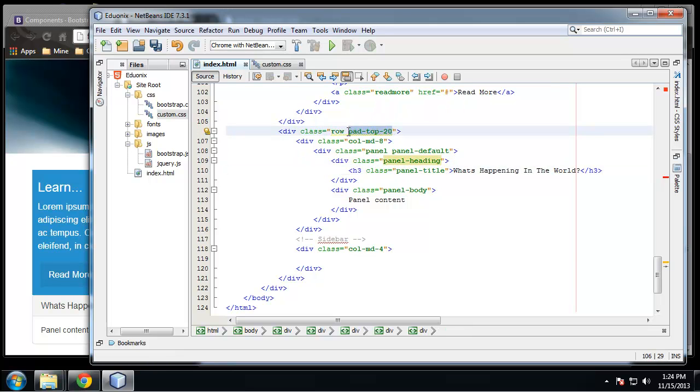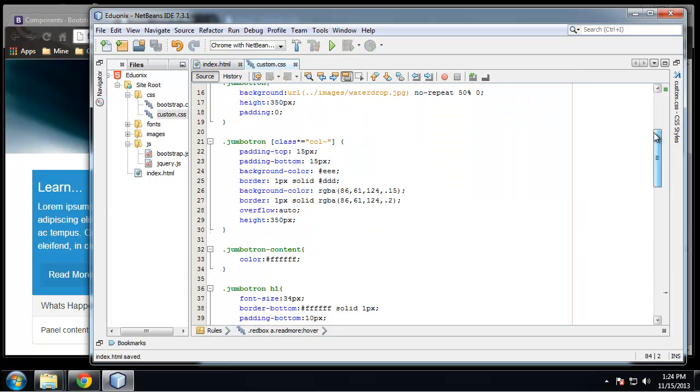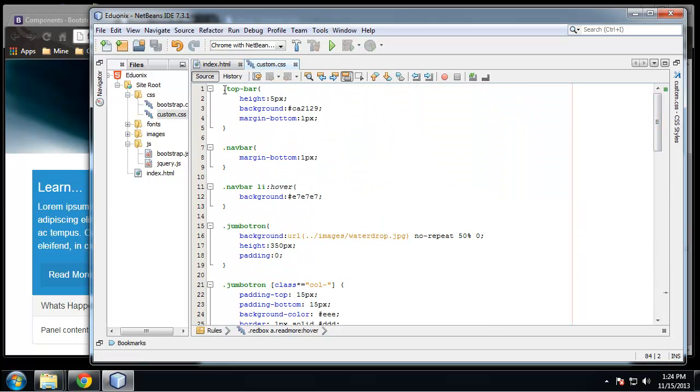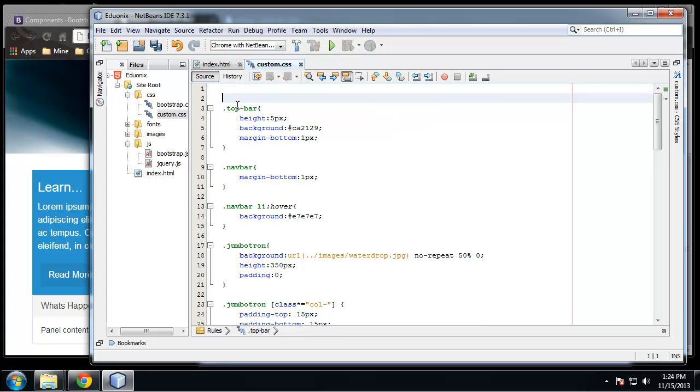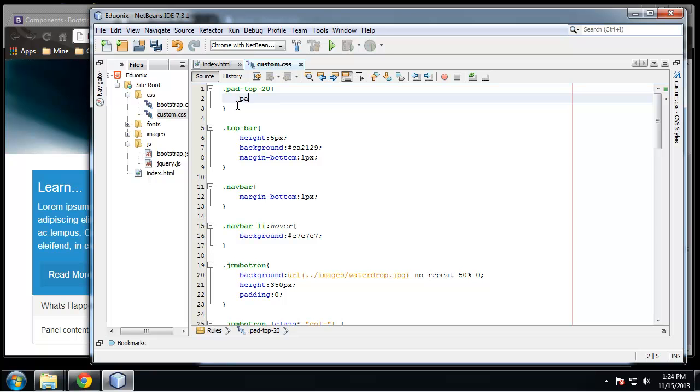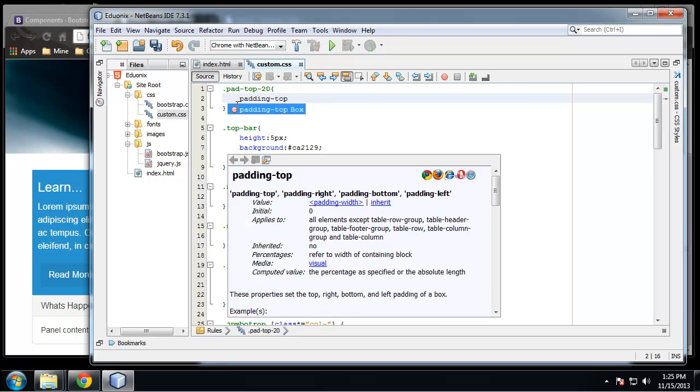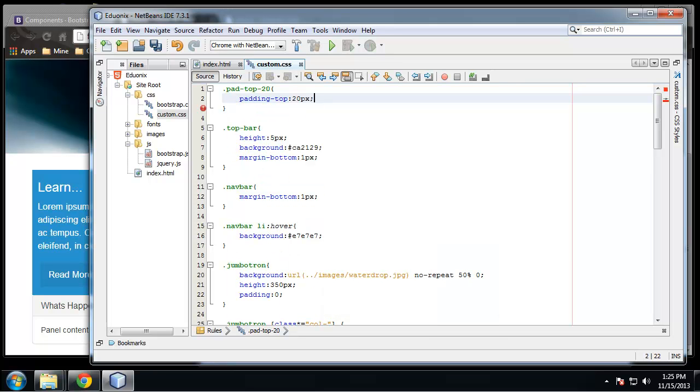Okay, so now all this class is going to do is give some top padding of 20 pixels. So I'm going to do that up at the top, and we can use that anywhere. So it's padding top 20 pixels,